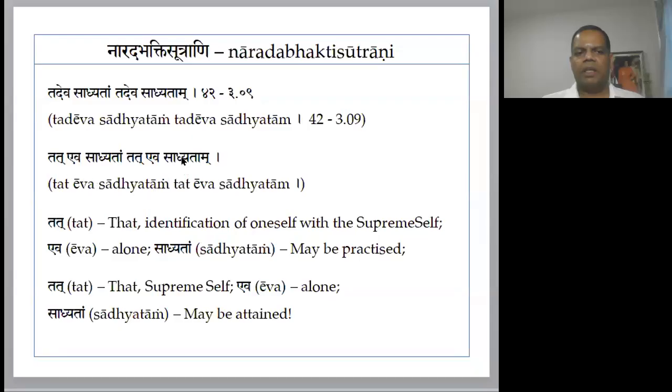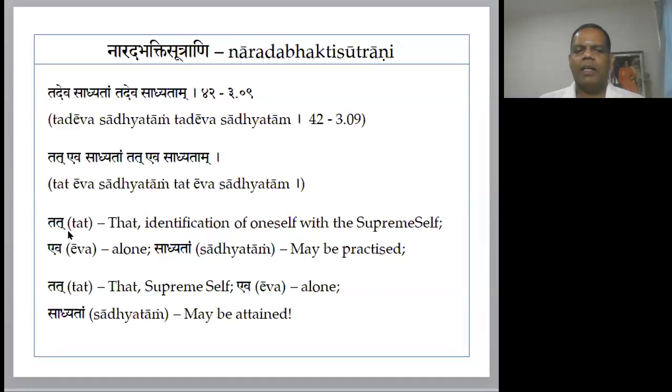And the same sandhi gets repeated again, tadeva. Because as you can see, this tadeva sadhyatam gets repeated twice. The same sandhi appears twice. Sadhyatam is an individual word, an individual verb actually. We look at the meaning of the word tat. So you can imagine why the sentence was repeated. People say repetition is for emphasis, which is one idea, but I have given a slightly different tinge to this.